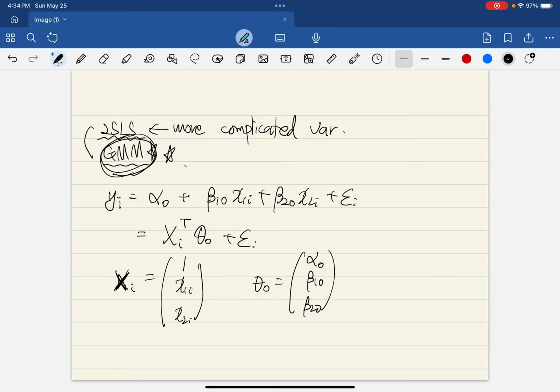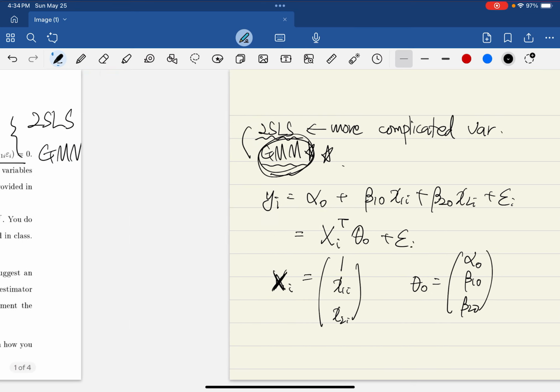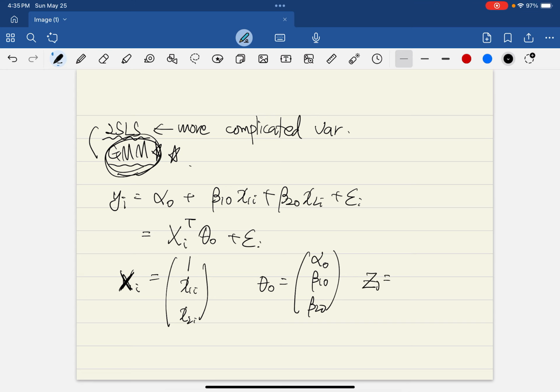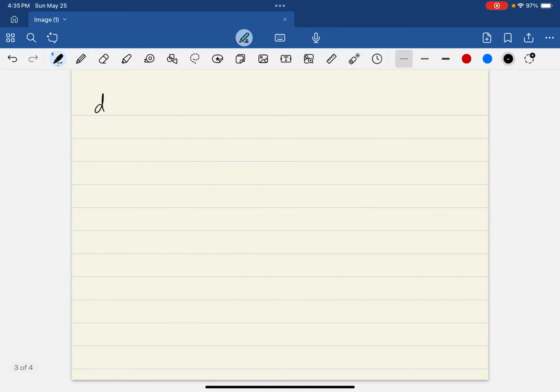Okay? Extending this intuition, the instrument z also had to include intercept and exogenous variable and excluded instrumental variable, right? This is a better notation. Or alternatively, you can think about demeaned variables,